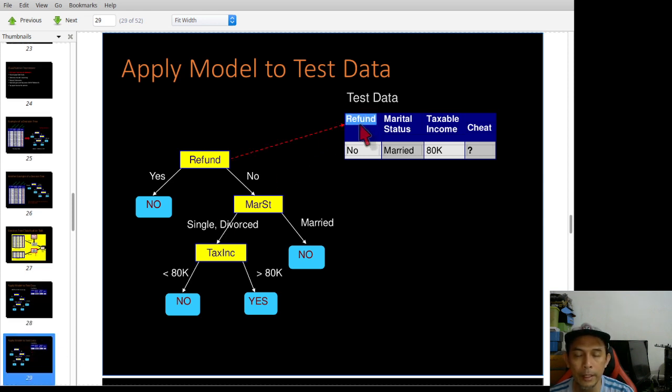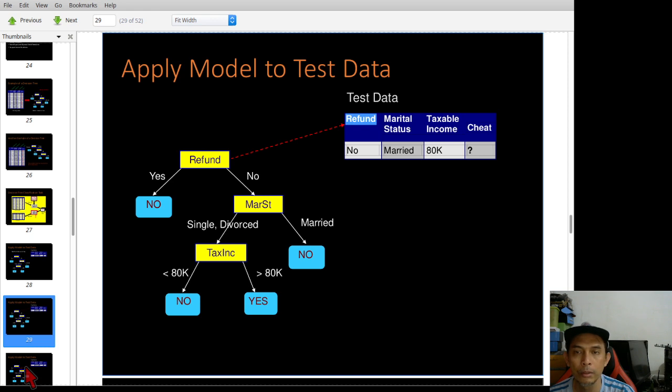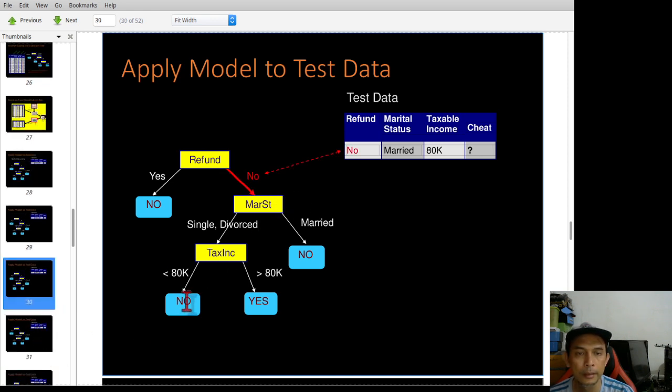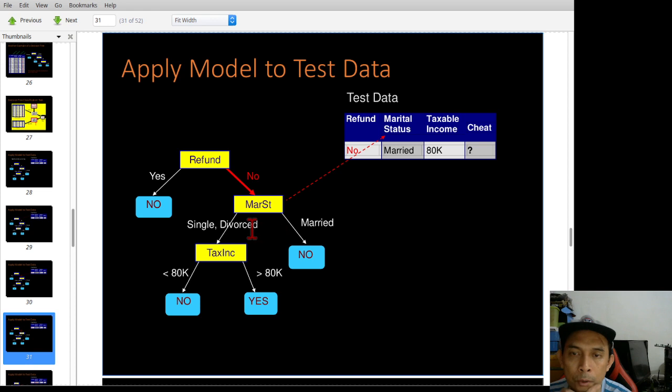You start with refund. So the refund said it is no. That means you go to the right side. And then over here, marital status: you have either in one group single or divorced, or on the right side you have a married group.